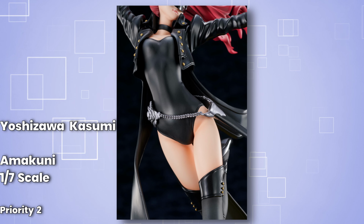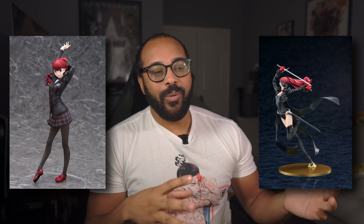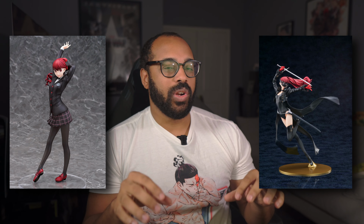And yeah, like I said earlier, I have another Kasumi when she's just in her school uniform. I like that one, but I think I would rather pick this one up over that one. And I don't want to have too many Kasumis in my collection. I like her, but I don't like her that much to give her all that space. So we'll definitely see. This one's definitely a lot more expensive, I will say that. So we'll see how it's gonna look, but I'm pretty sure I'm gonna get this one over the school uniform